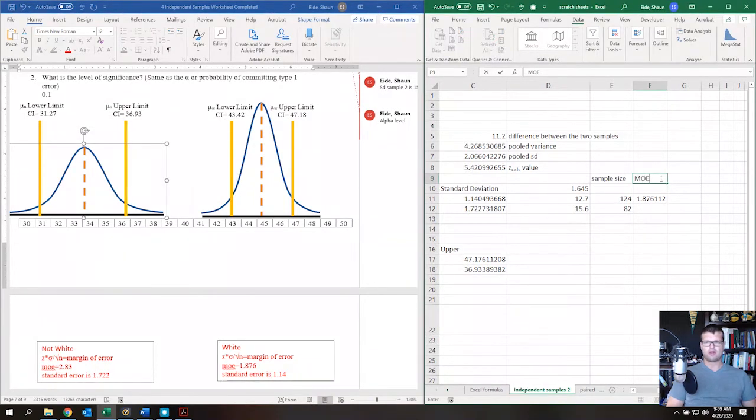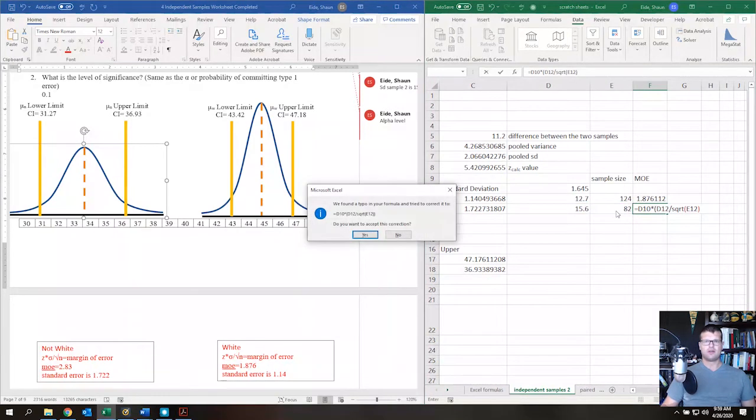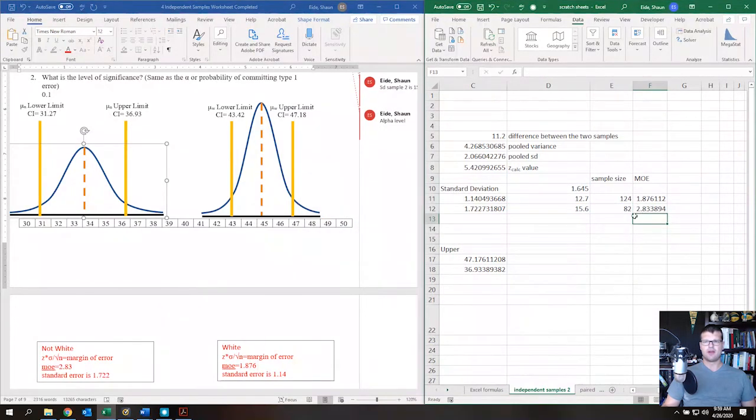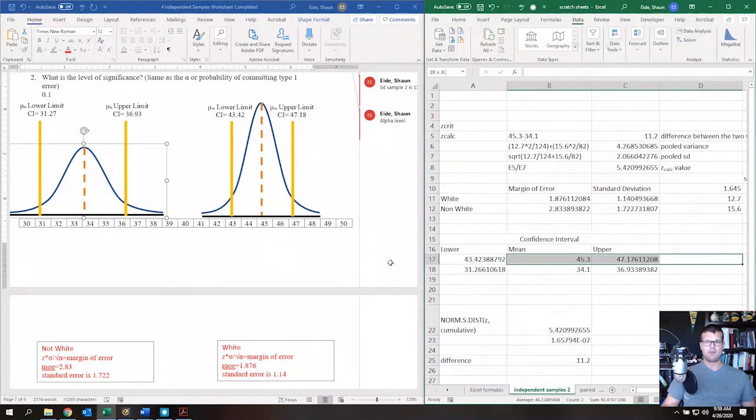So we're going to put margin of error, and then we're going to do the same formula here. So equals the z-score multiplied by the standard deviation divided by the square root of the number of observations. So that gives us the margin of error for individuals who are not white. So white, not white. And then in order to be able to find the upper and lower limit, we just take the mean, Control C,